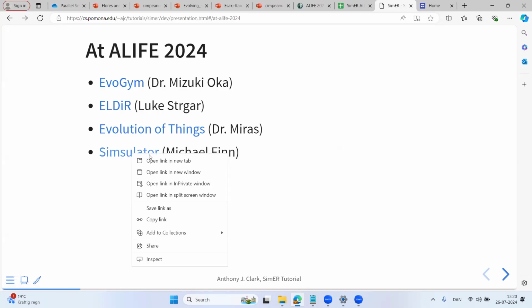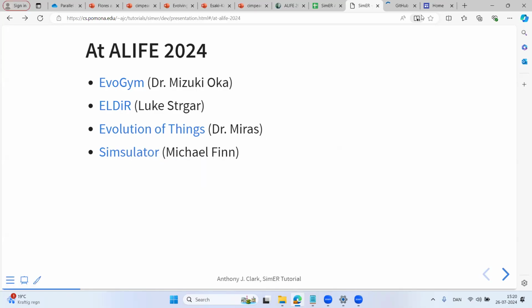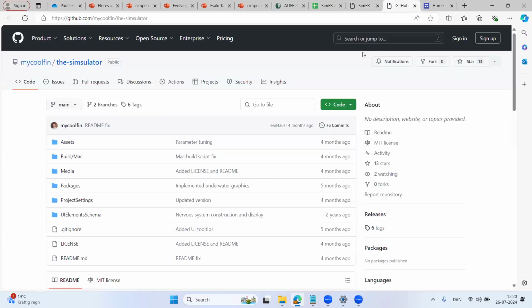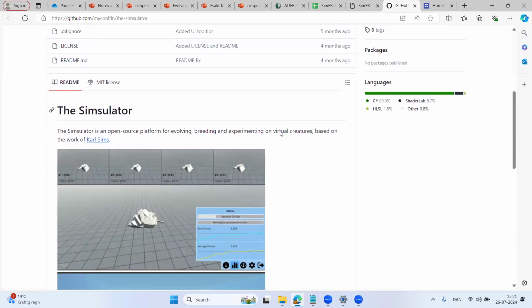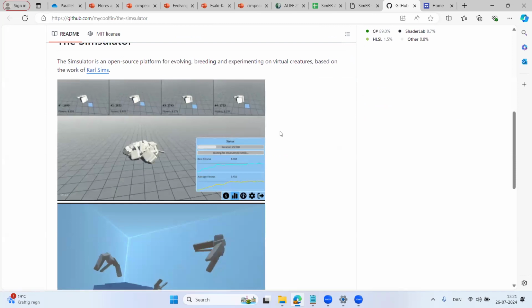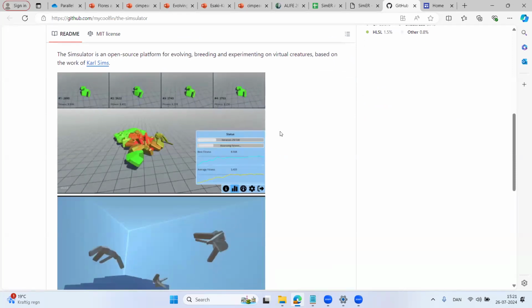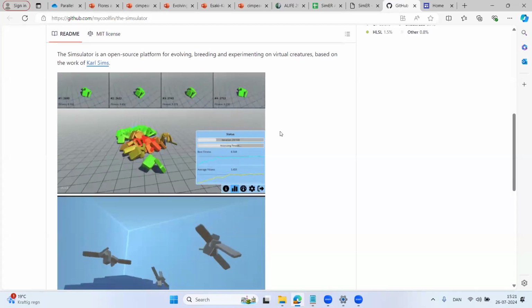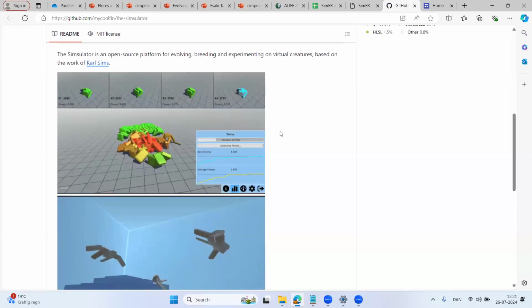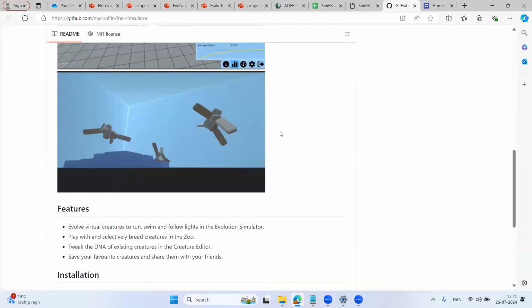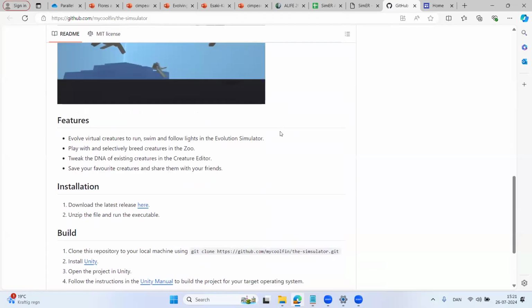And then for anybody who didn't see it, Michael Finn's project is basically making the work from Karl Sims, from about 30 years ago, more accessible. I don't know exactly how he has this pitched, but next time I teach a computational intelligence class, this is definitely a tool that I'll dig into. It's again more on the open-ended spectrum compared to the kind of things that I end up doing.